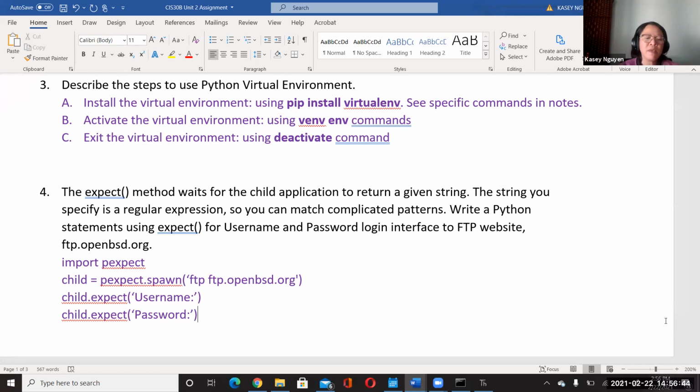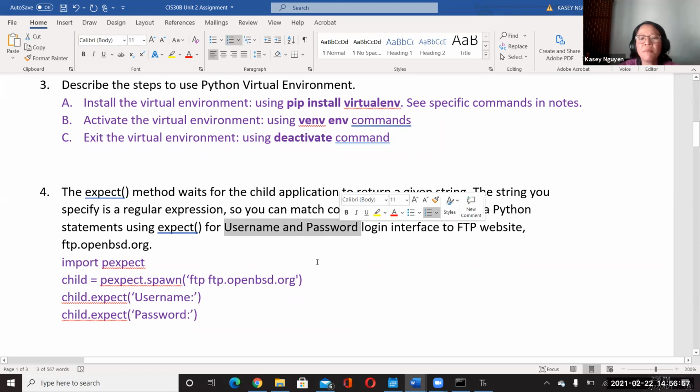Now, if you wanted to be more detailed with the exec method, you can do the upper and lowercase like the example has shown in the notes in the textbook. That's fine, but here I give you the uppercase U and P, so we can simply use that.